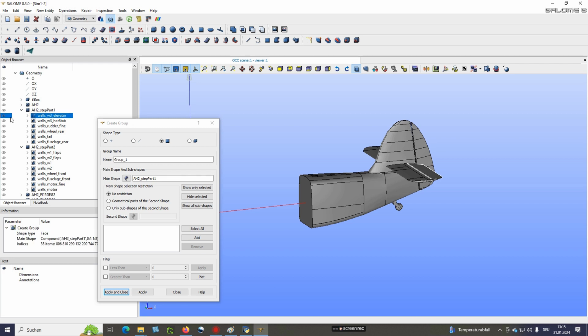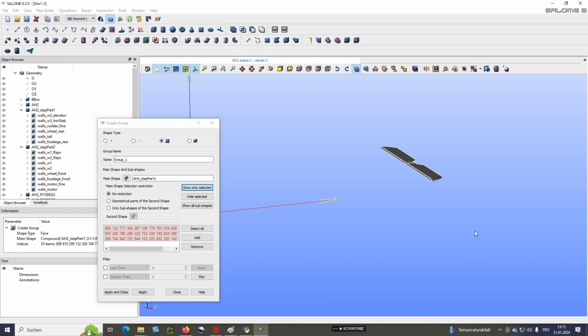For example, we have elevator, add, show only selected. This will be an elevator. We will write walls, wing 3, horizontal stabilizer, elevator, apply and close,